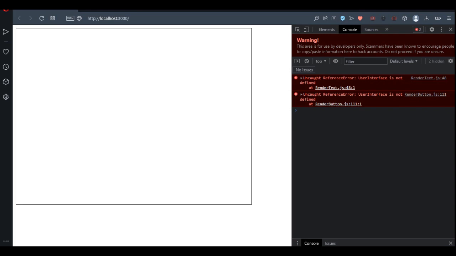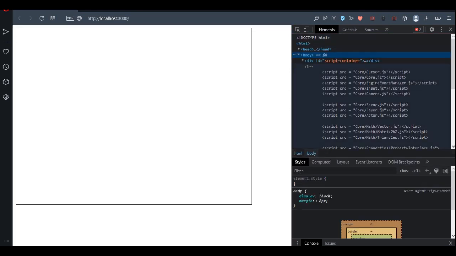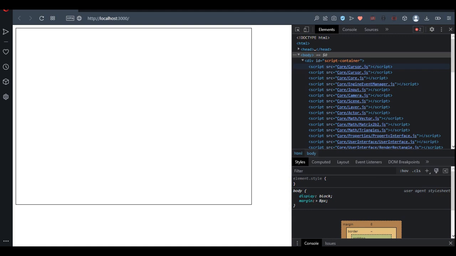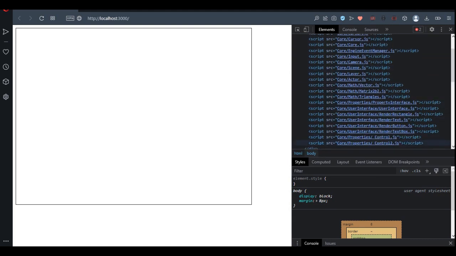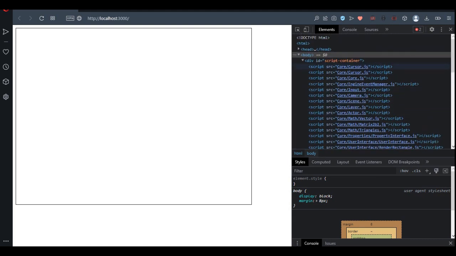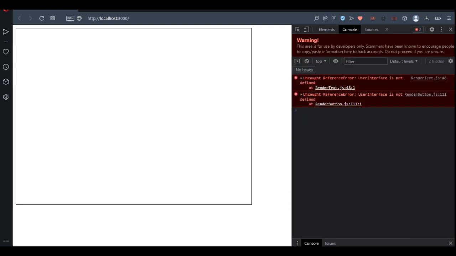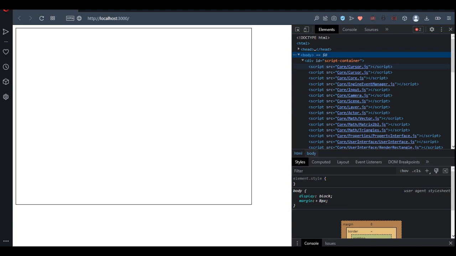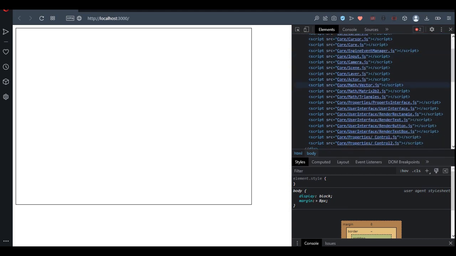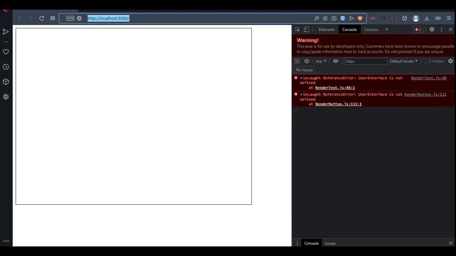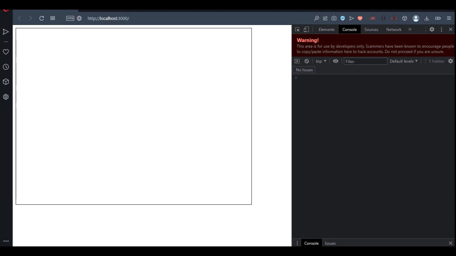Unexpected user interface is not defined, which seems like a good thing at the moment. So we can see it's loaded all the scripts in, and it's not invoked any of them. Well, it's invoked some of them, so 48. You've got to be careful because it might involve race conditions. So text. If I get the same outcome again,